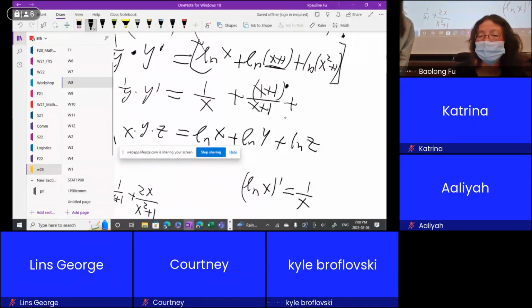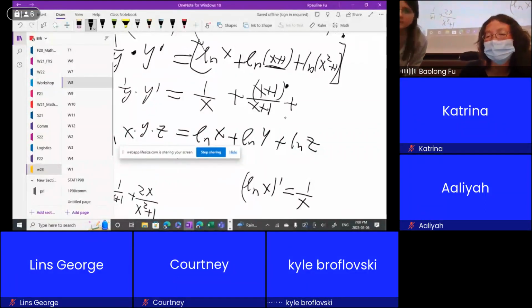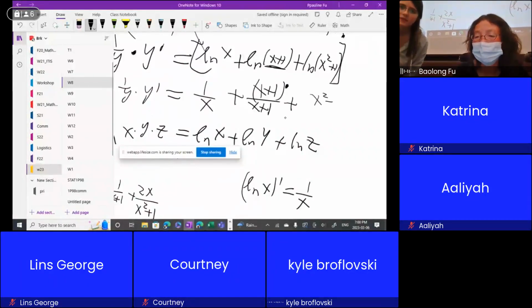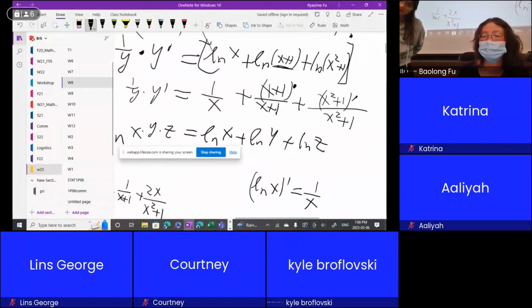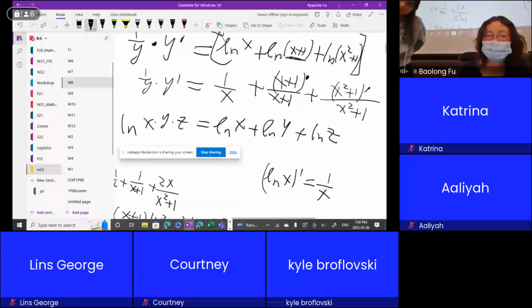Okay. Now this one, you tell me what is derivative of ln x squared plus 1? It would be the derivative of x squared plus 1, and then divided by x squared plus 1. Perfect. You got it. Okay. And now